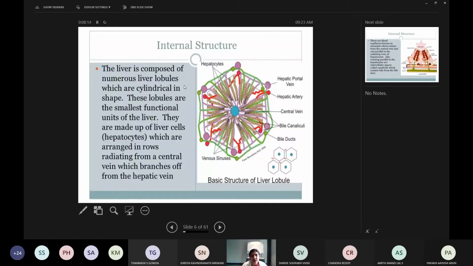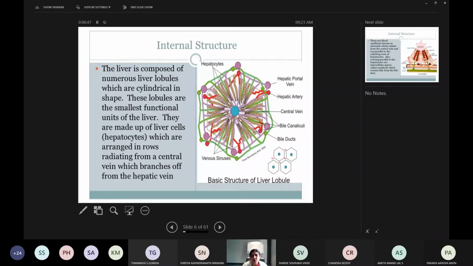So coming to physiological anatomy, you all know that the liver is made up of different lobes, and each lobe contains many lobules, and these lobules are the structural and functional unit of the liver. The basic structure is hexagonal in shape. As you can see, it is a hexagonal lobule, wherein there is a portal triad situated at all the corners of this hexagon.